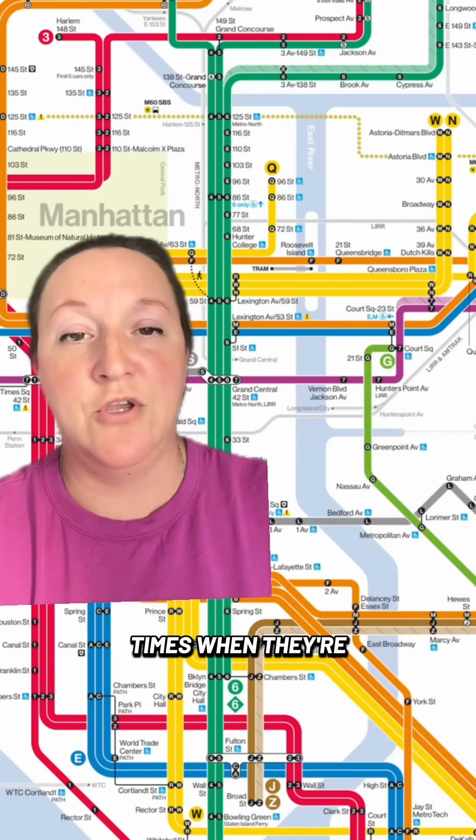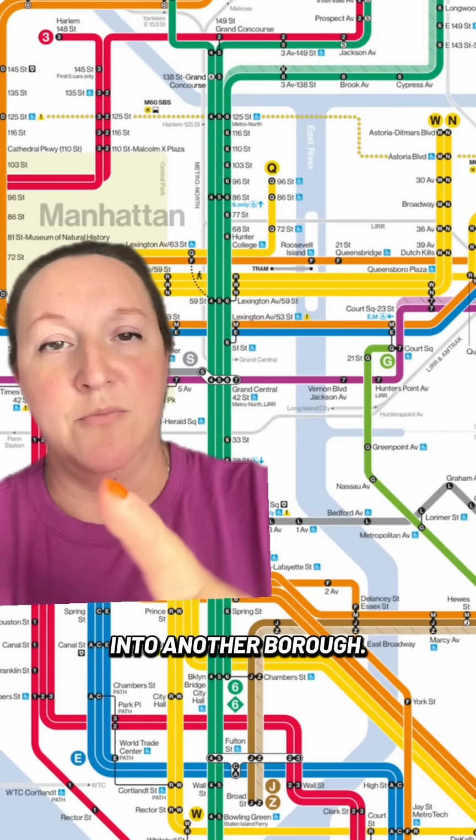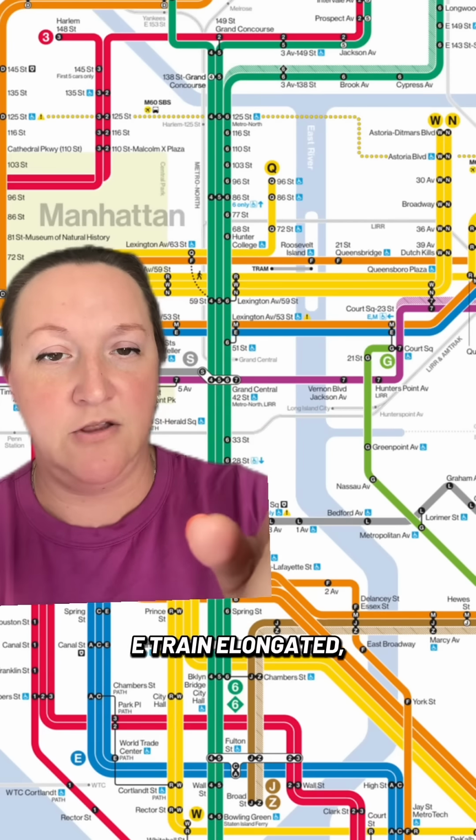Most of the times when they're branching off, they're usually going into another borough. Like if you see here, the E train elongated went into